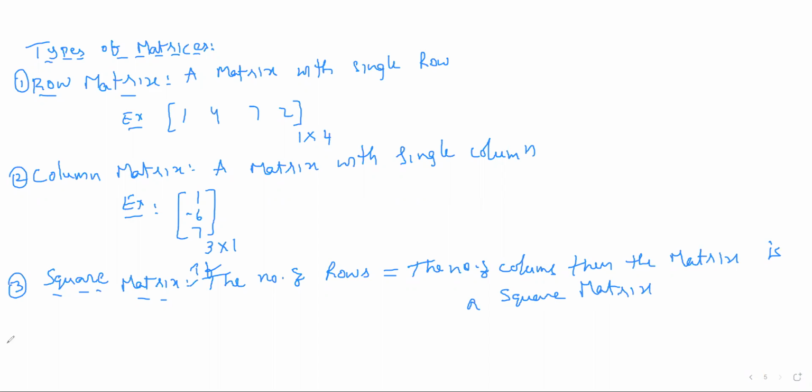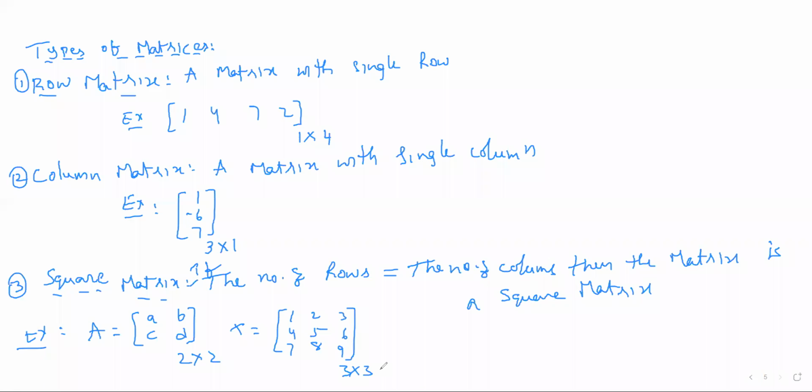For example, capital A is equal to a, b, c, d. What is the order of this matrix? 2 by 2. Capital X is equal to 1, 2, 3, 4, 5, 6, 7, 8, 9. What is the order of this matrix? 3 by 3. In such matrices, the number of rows is equal to the number of columns. Such matrices are square matrices. Here A and X are square matrices. Okay. Next,